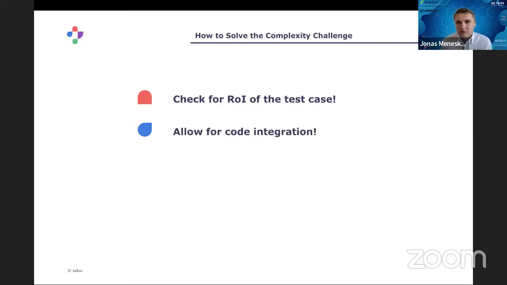Then the next one is, if you're building a no-code automation tool, make sure that you are still able to add code inside your test automation framework. As I mentioned, no-code can be super complex, and too complex sometimes. It's better, I think, to use a simple no-code automation tool, which might not have all the functionalities you want. But then the learning curve for the tool is way lower. You're way faster at building a huge amount of test cases, which are super easy, and then use code for the most complex ones.